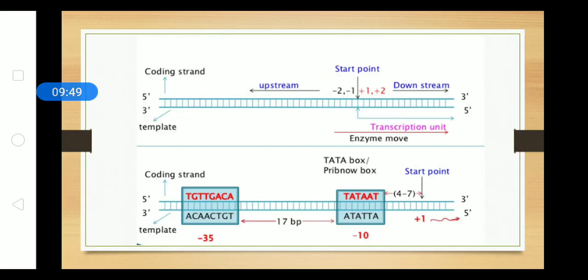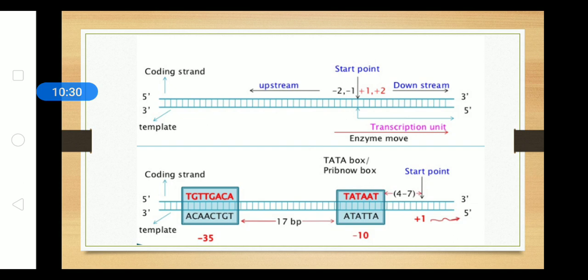The simplest type of promoters are found in prokaryotes. You can see in this diagram, which shows a simplified version of DNA, a diagrammatic representation. In the lower part of the image it is written in blue, start point, with the arrow, and if we move to the left from the start point, at -10 and -35 we have the Tata box and the Pribnow box. Now what are these boxes, why are they termed the Tata box, and what is the importance of this? In one DNA there may be several AUG or initiation sites.